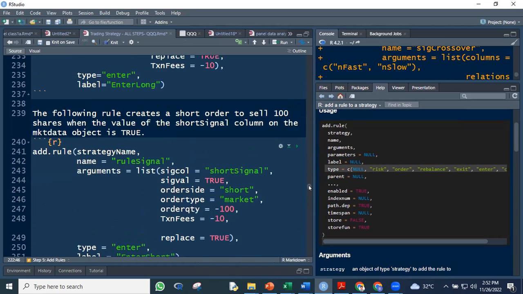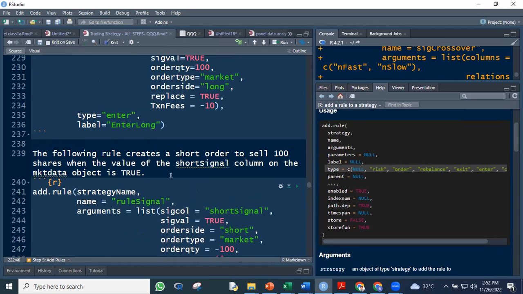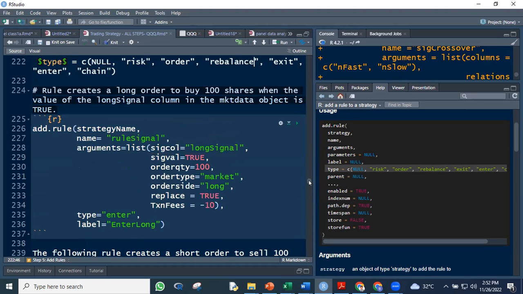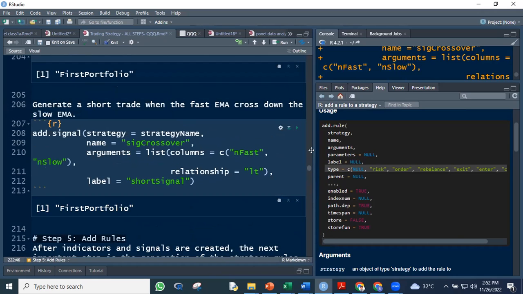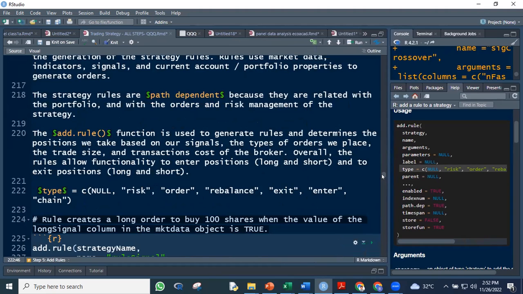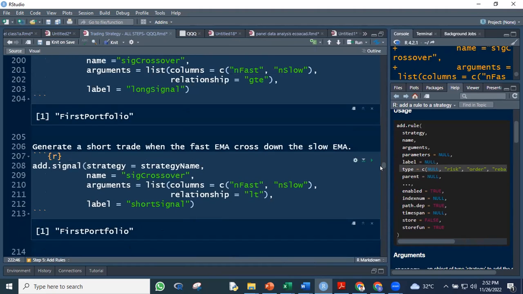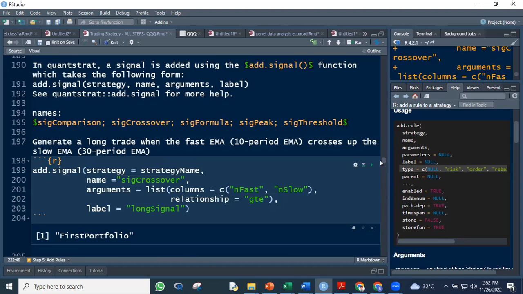Alright, first rule is magre-create daw tayo ng short order to sell 100 shares when the value of the short signal column on the market data object is true. Okay? So kapag true daw yung short signal, saan nanggaling short signal? Di ba dito sa rule natin? Let me just add here. Sa signal natin,